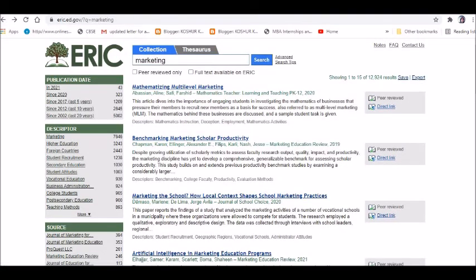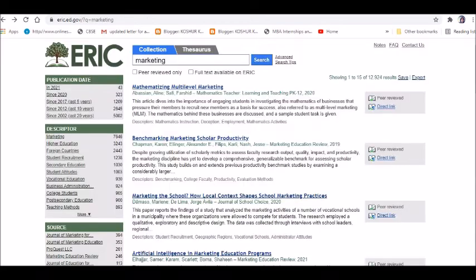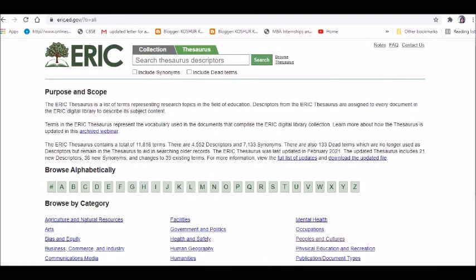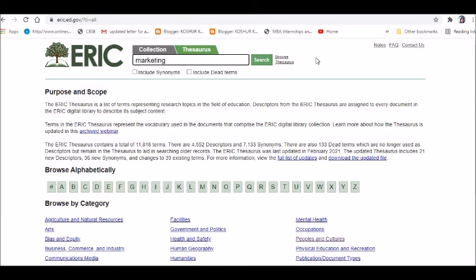For example, if I go to marketing, Thesaurus, and now click on Thesaurus, it will give you, okay, let's say I want to search for marketing and Thesaurus, so it will be, okay, have I introduced tourism here, include synonyms, dead terms also, and Thesaurus. So here I can go, let's click on human geography, and you will be getting all these things coming under it.